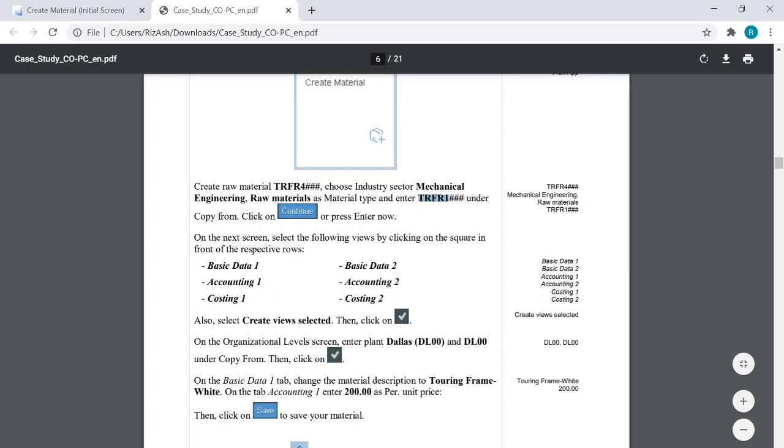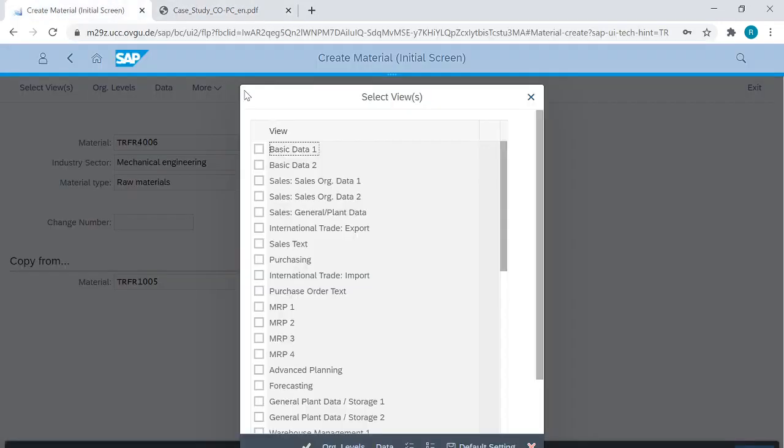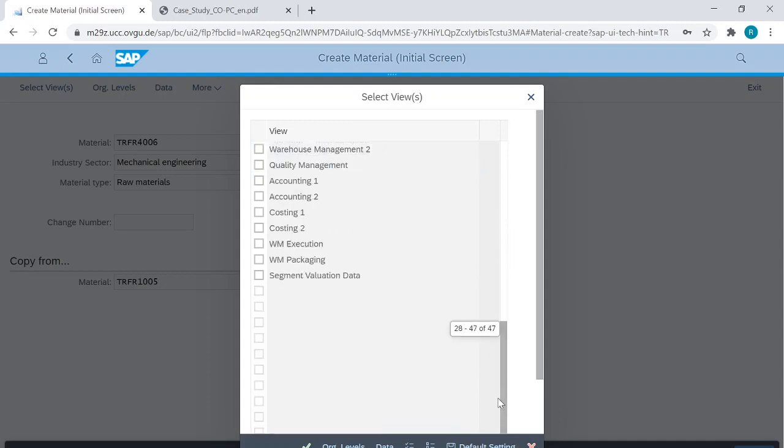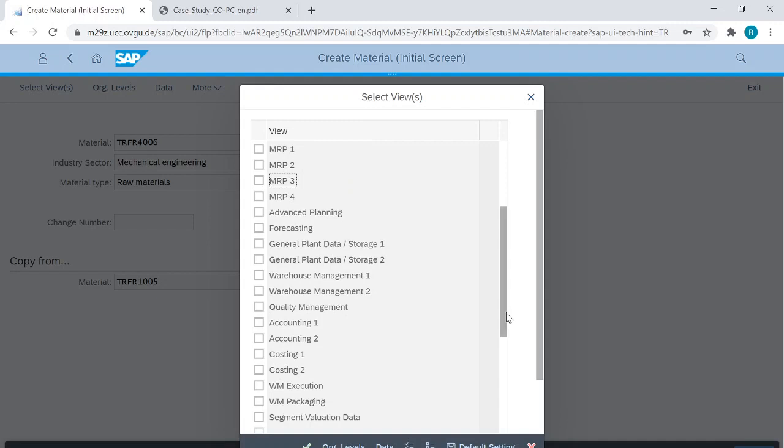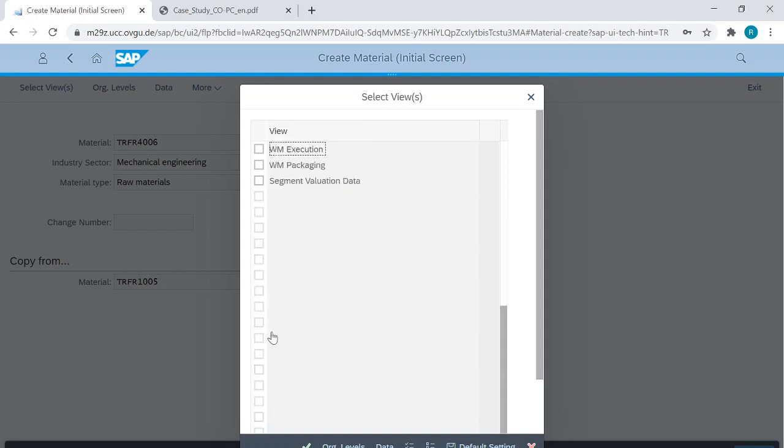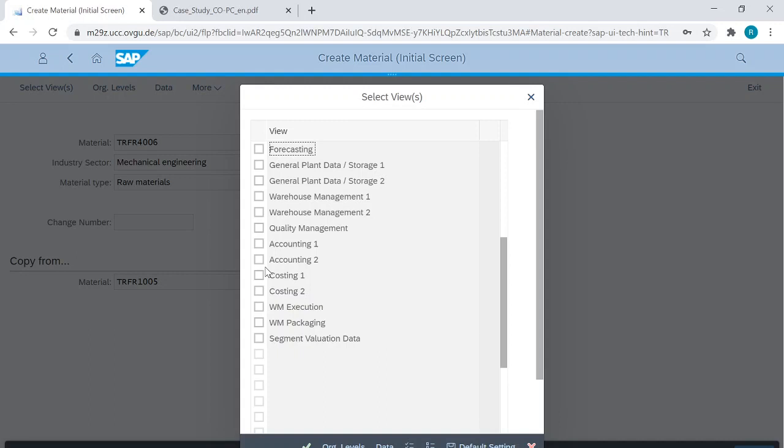So here we go: basic data 1, basic data 2, accounting 1, and accounting 2, costing 1 and costing 2.